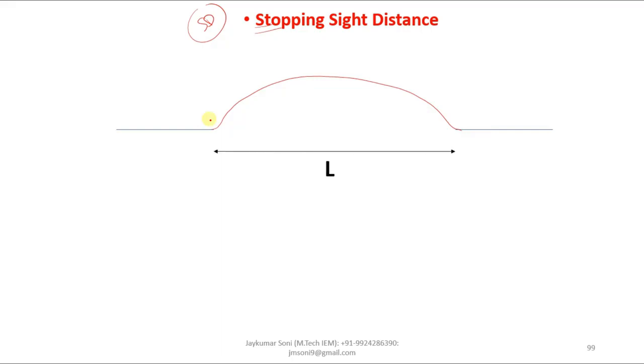First of all, let us understand the first category of sight distance, which is the stopping sight distance. We all have learned what the stopping sight distance is and what the various equations of stopping sight distance are. So let me tell you that in total there are two categories, SSD and OSD, and in SSD also there are two categories. Let us take this is the road and the gradient is provided like this. The curve is provided like this. So the length from this point to this point will be called L, and L is the length of summit curve.